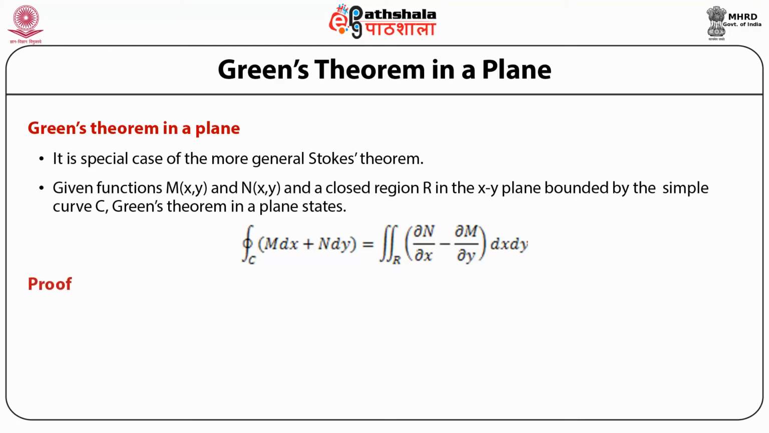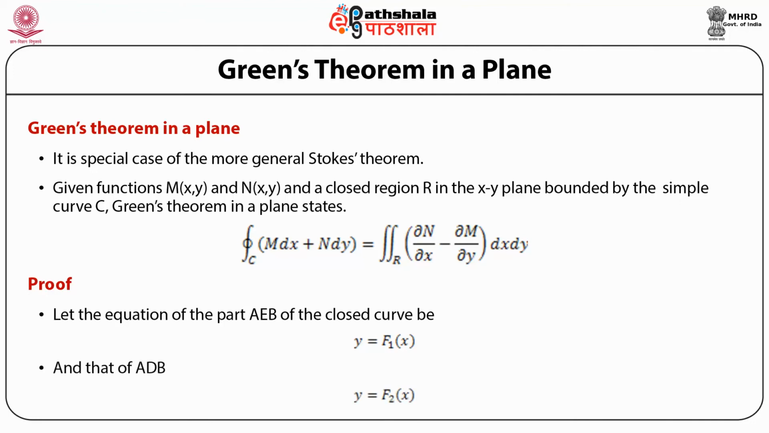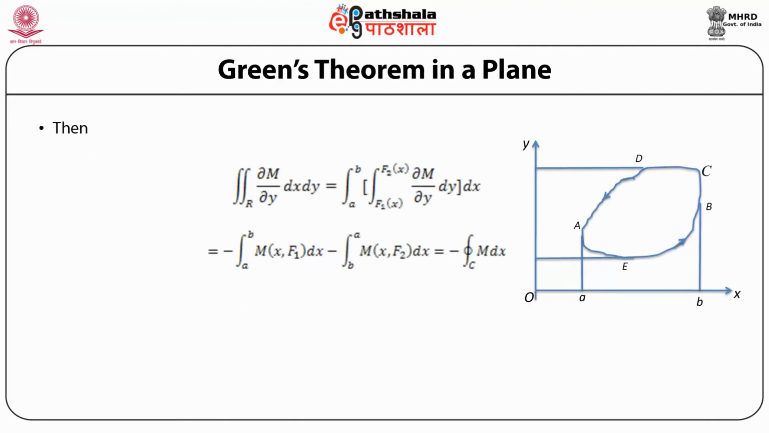So let us see the proof of this theorem. Let the equation of the part AEB of the closed curve be y equals f1(x) and that of ADB, y equals f2(x), as shown in the figure. Then the surface integral over R of ∂M/∂y dx dy equals